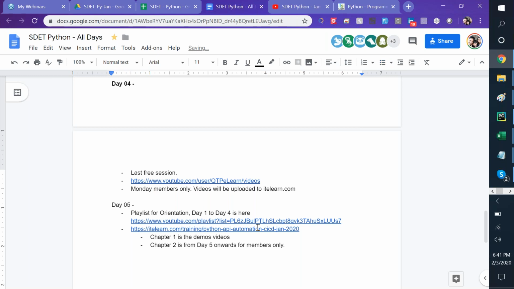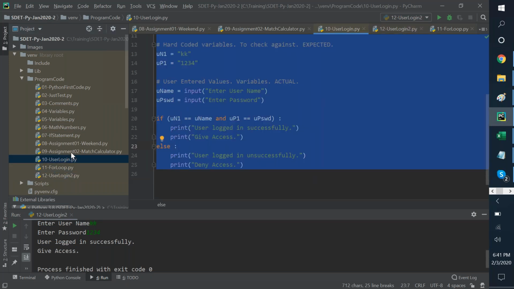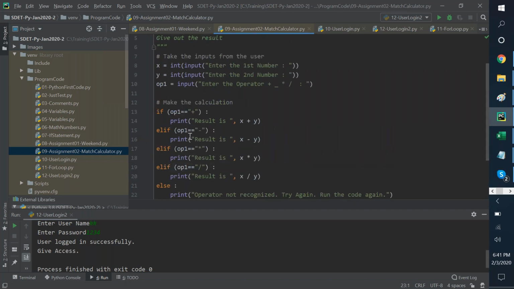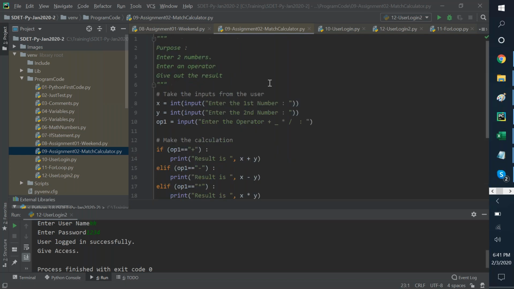All right. So what did we do in day 4? I think primarily it was pretty interesting because we wrote a few programs. Did we write the math calculator? Did we create that? I'm not sure if it was in day 4 or 5. Do you know which program we started day 4 with? Is it number 11, for loop? Or number 10, user login, please? Oh no, variables is day 2 or 3, I think. Let's go through once again, just in case.